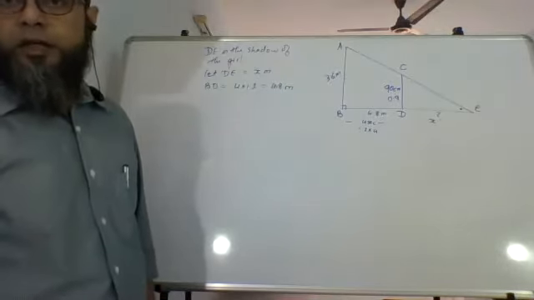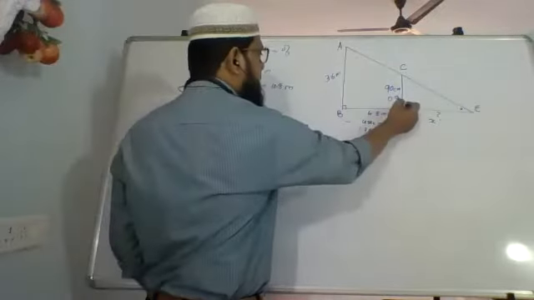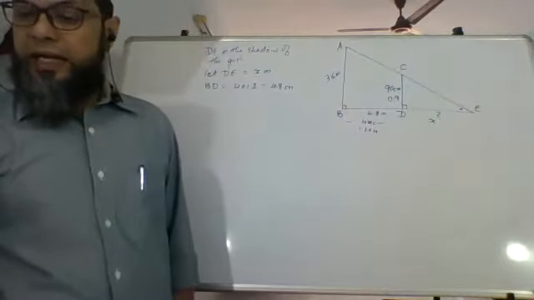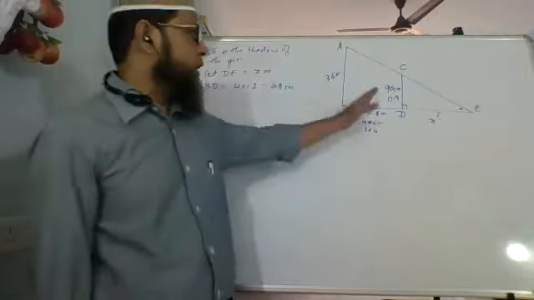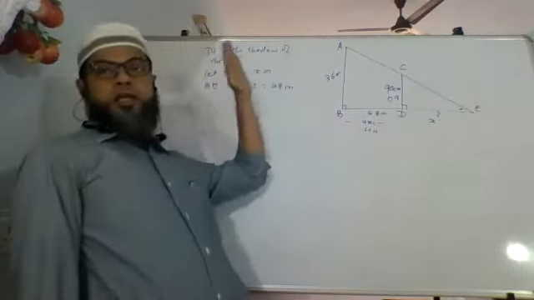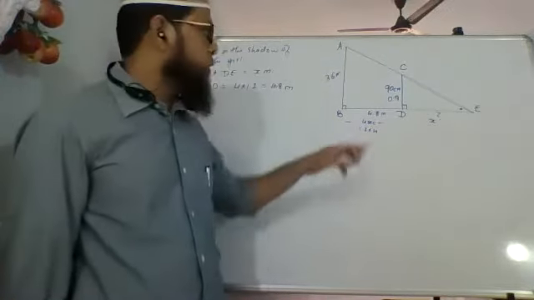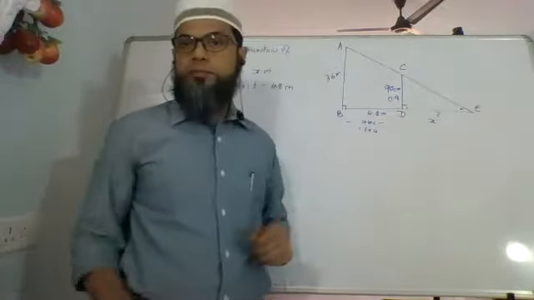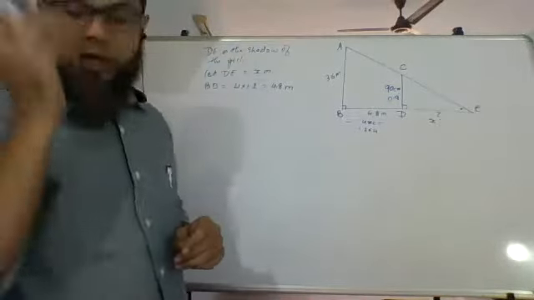Angle E is common to both of them. And B and D, each of them will be 90 degrees. Okay? Because they're standing vertical to the ground, the lamppost and the girl. It's not that the lamppost is tilted like this and the girl is walking like this, no. It is assumed that both of them are perpendicular to the ground. So this is 90, this is 90, and this is common to both of them. Okay, so the two triangles become similar.